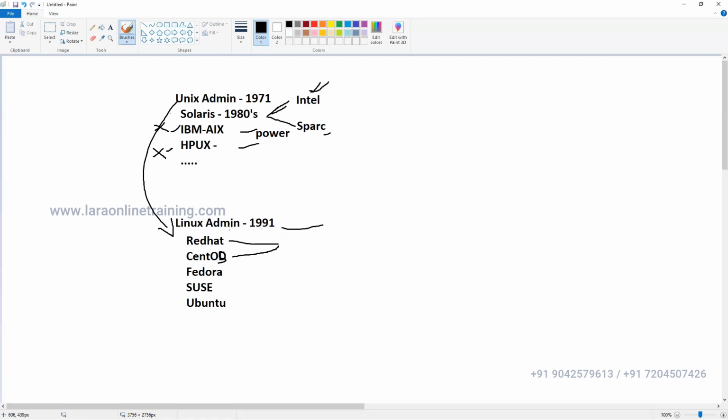And one more thing, compared to Unix, the licensing for Linux is less. Even Linux you can get free of cost. Red Hat is commercial, but CentOS is completely free of cost. Both are identical copies. The only thing is, with Red Hat you have support engineers, but with CentOS you don't have support. You need to take help only from the internet, through forums. You don't have any support for CentOS.